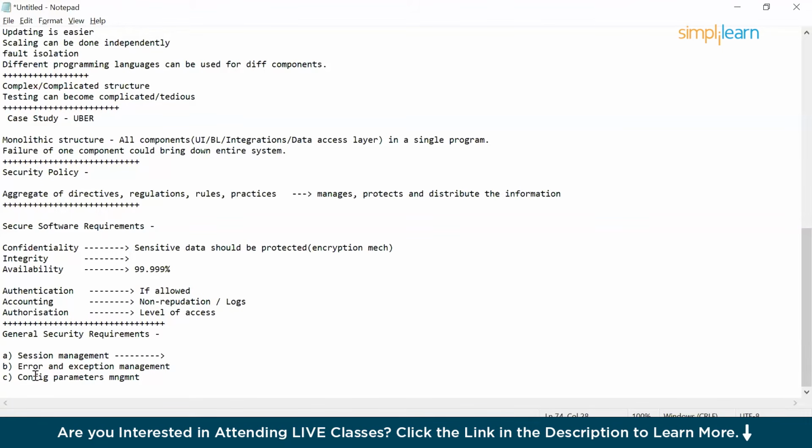When we talk about config parameters management, the configuration files for web applications, such as database connections, should be encrypted to prevent unauthorized disclosure. Sometimes the config files for web apps are open in plain text rather than encrypted, or even some passwords are hard coded in the software code. This was one of the recent examples I came across while doing source code evaluation: the username and password were hard coded in the code itself,